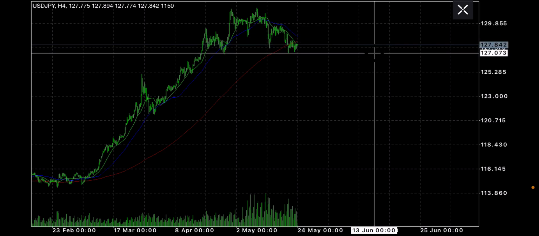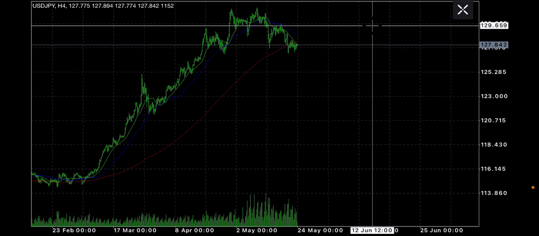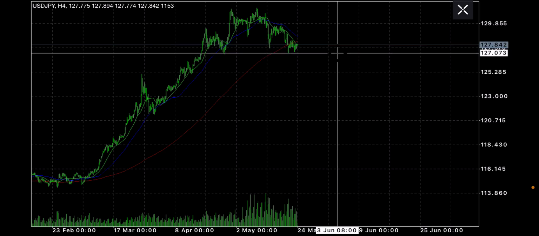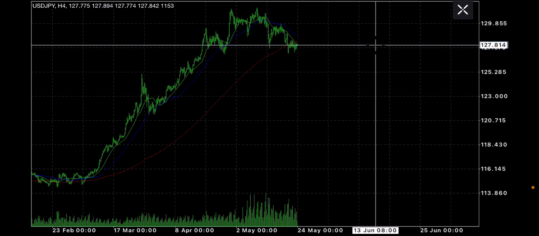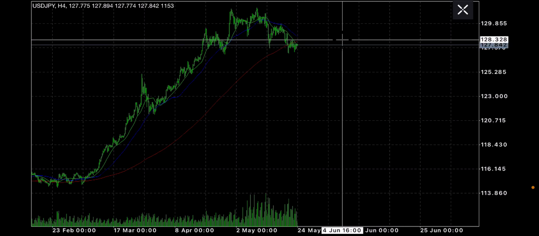Now, when price gets to doing that, personally in my trading style, I like to trade momentum. I don't like to trade ranges, but some people do. But I think we're going to be in a situation where when we get as low as here, we're going to bounce, and when we get as high as here, we're going to back back down, back back up, down, up, tilting towards the downside.